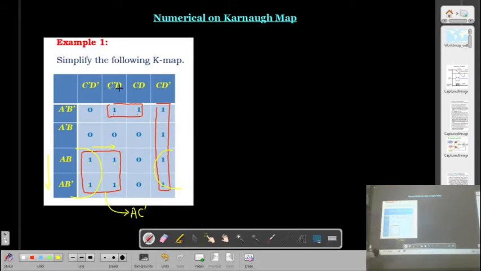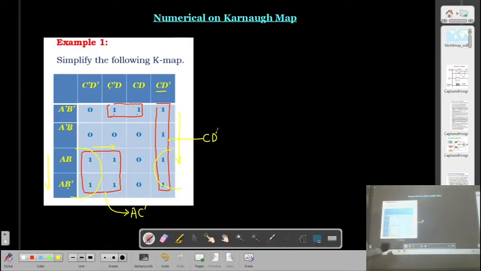So here the variables b and d are eliminated. This square will give you c dash. In the same way, for this square, when you are moving vertically, the a variable is going to be complemented, as well as the b variable, meaning a and b both are going to change. But if you are moving from top to bottom, c and d dash are not going to change, they remain as they are. So the expression for this square will be a c d dash.